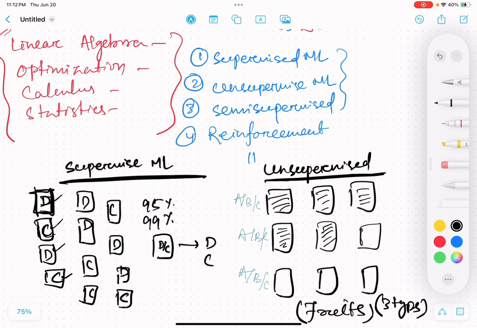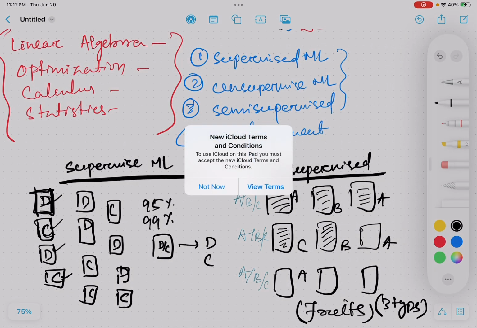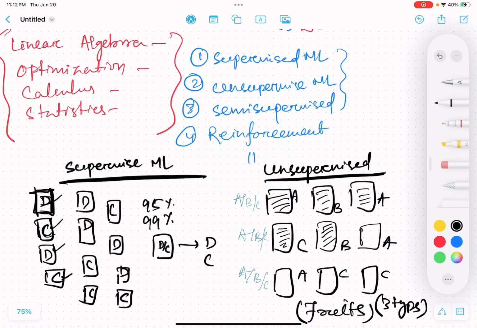And then successfully able to classify that maybe this is fruit A, this is fruit B, this is fruit A, this is B, A, C, C, C, C, C. This is basically unsupervised machine learning, where you do not give any labeled data to your algorithm or to your machine. So unsupervised machine learning is a type of machine learning where the model is trained using data that is not labeled. But in supervised machine learning, the model is trained using data that